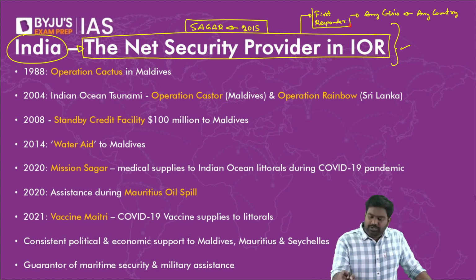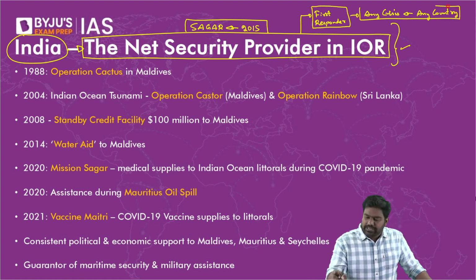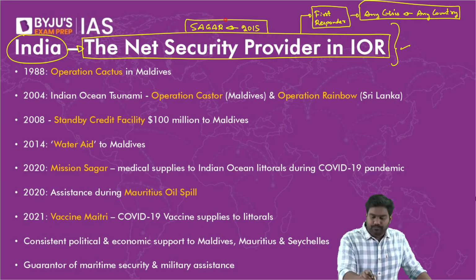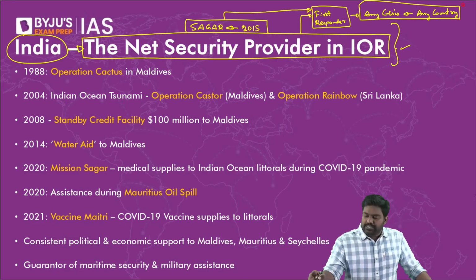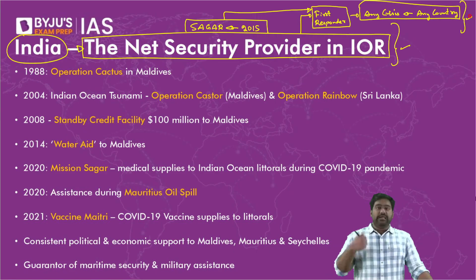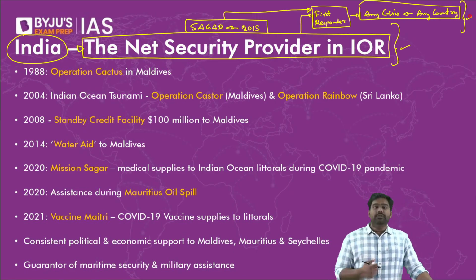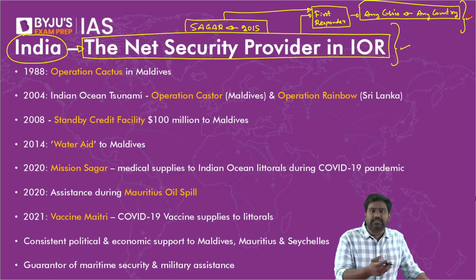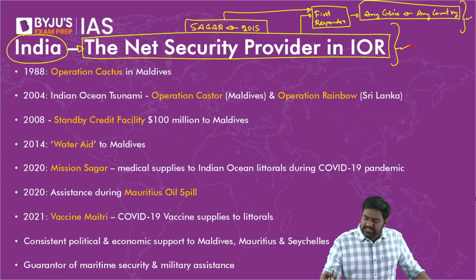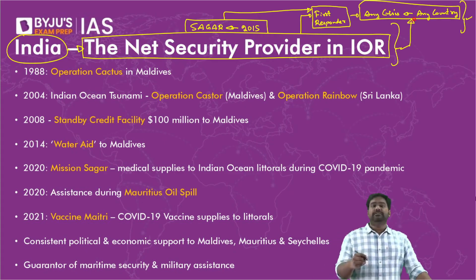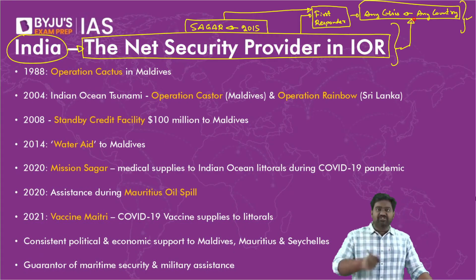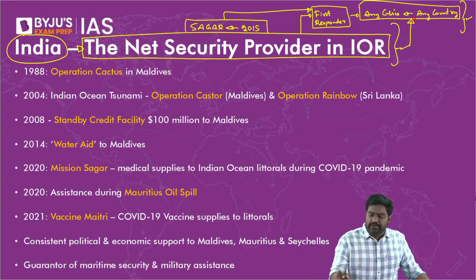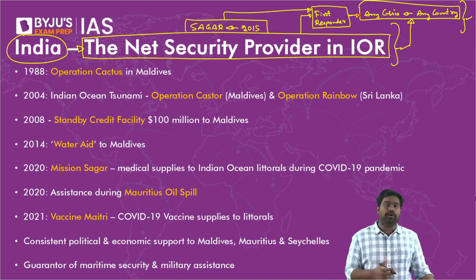Under the Sagar doctrine, we are promising security and growth for all in the region. It means we are promising economic security, maritime security, growth opportunities. So if any Indian Ocean country faces any crisis, could be a security crisis, an economic crisis, a natural disaster, any adverse development, we promise these countries that we are there to help them. As the regional power, we are there to assist them and we will be the first responder. This is the whole concept of being a net security provider.